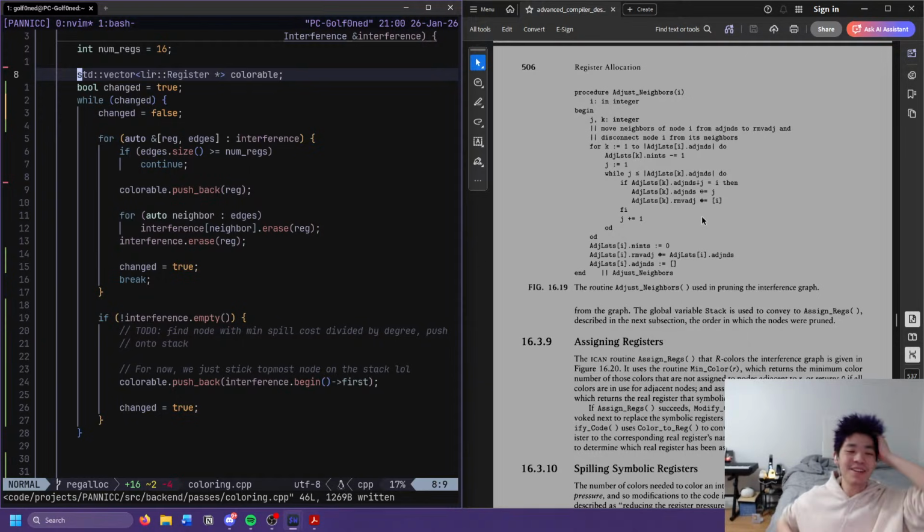Okay, wait. So usually when you hear pruning, in terms of pruning a graph, you think of getting rid of unnecessary nodes or unnecessary edges. In this instance, pruning literally means taking off a node and then putting it somewhere else. So think of it like snipping flowers from a bush instead of throwing away excess lawn trimmings.